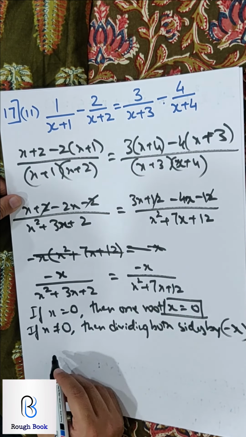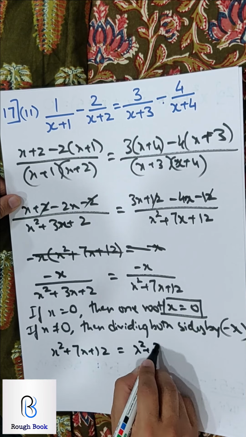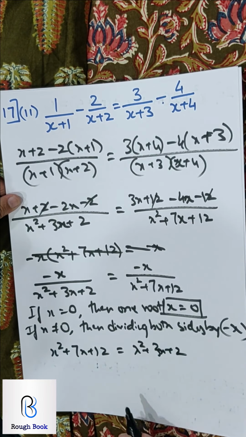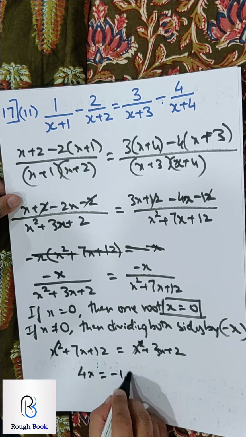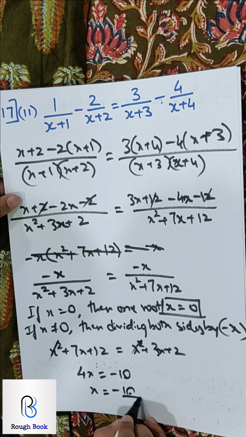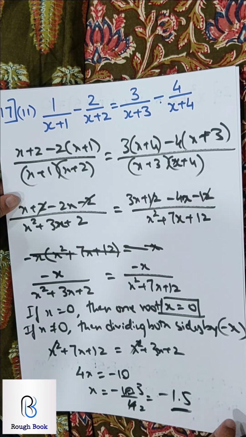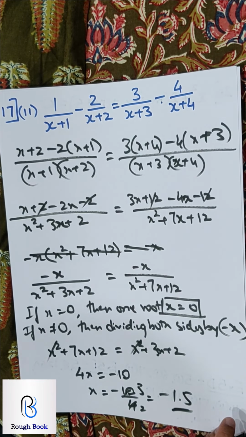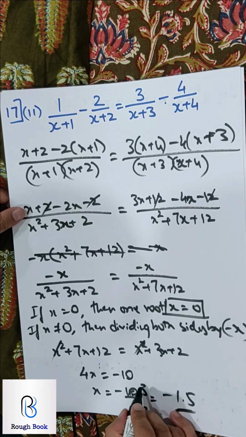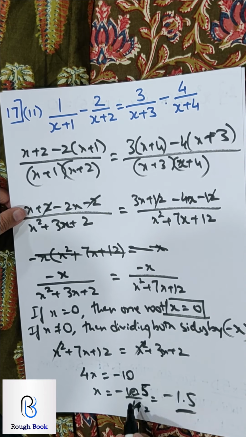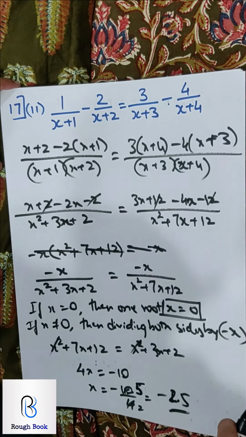And then when you cross multiply, it becomes x square 7x 12, x square 3x 2. X square gets cancelled, so I get 4x. This goes on that side, so minus 10. Minus 10 by 4, 2 2s are 3s are, so minus 1.5. Let's retake the entire sum once again. It's a good question. Sorry, this will be 5 by 2, no? 2 2s are 2 5s are, so 2.5. My bad over here. Yeah, let's review the entire sum again.